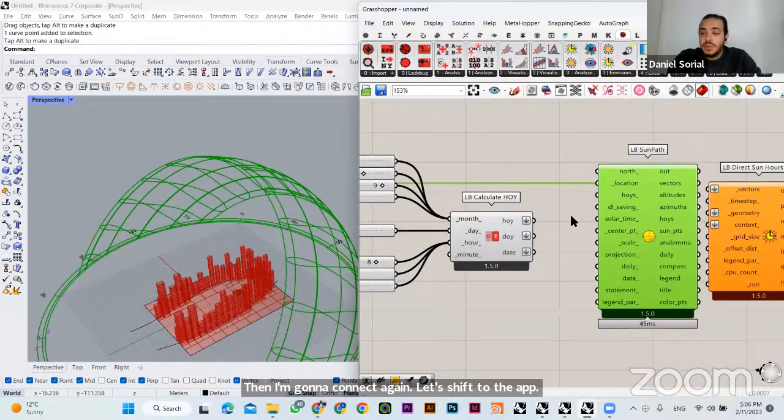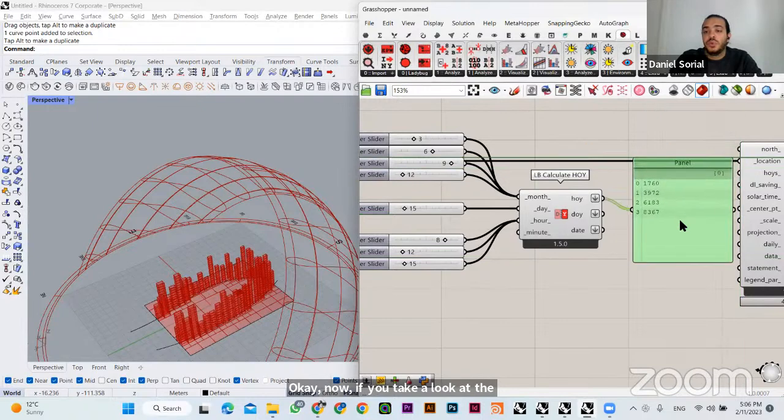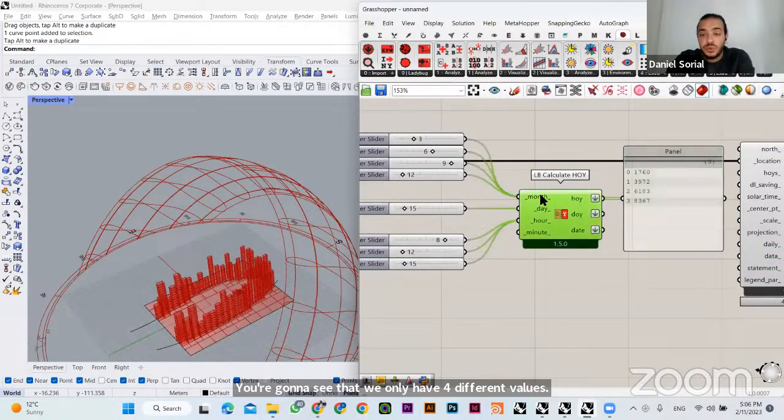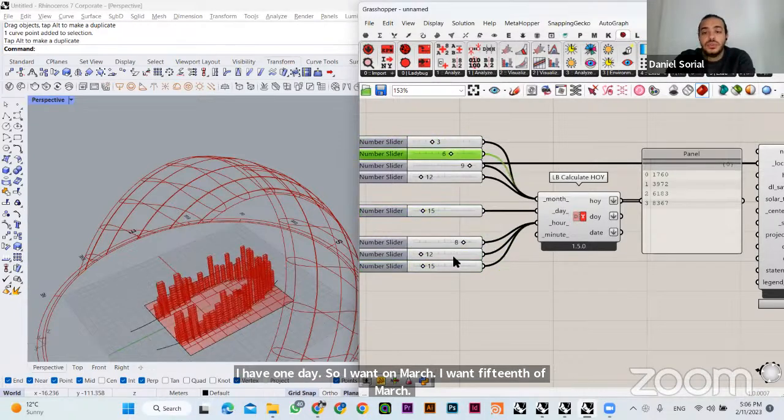Okay. Now, if you take a look at the data coming out of the hour of year, you're going to see that we only have 4 different values, and that's it. It's because we have 4 different months, right? But this is not what I'm looking for. I want each month to give me 3 different outputs, right? Because I have 1 day, on March, I want the 15th of March, I want 3 different values, and I want the 15th of June, 3 different